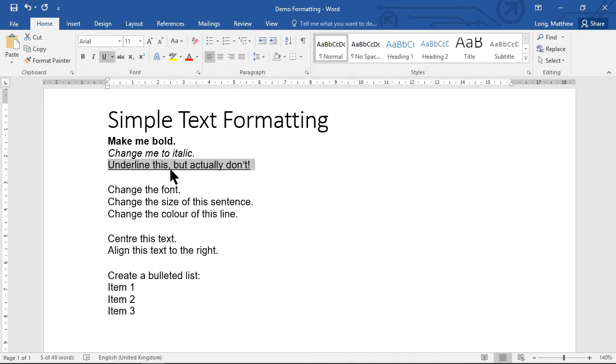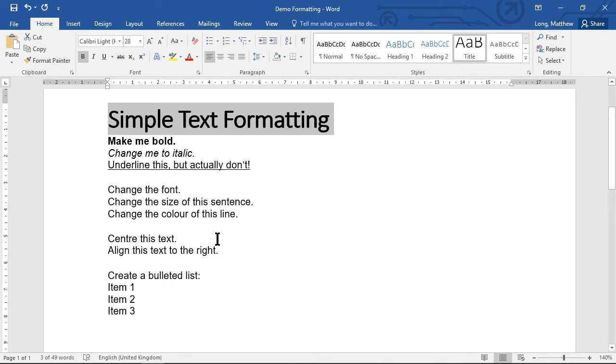If we want something to stand out, like a title, we normally make it larger or we make it bold, and sometimes we do both. So we don't need to use underline very often when we work on our computers. So if we want to make it bigger, or we want to change the font,